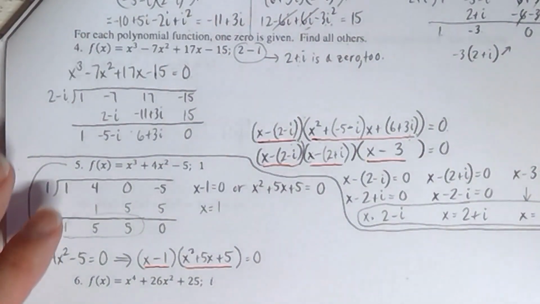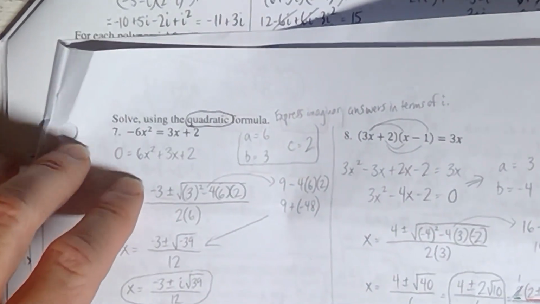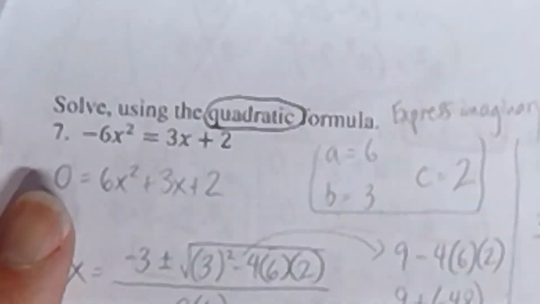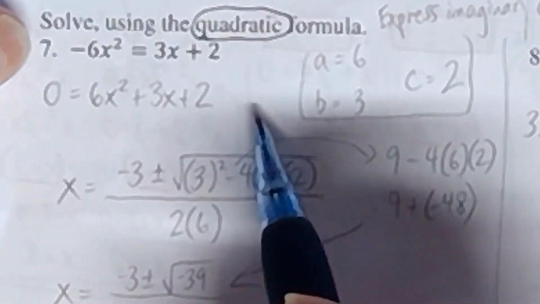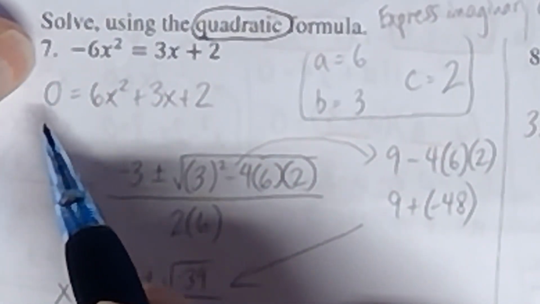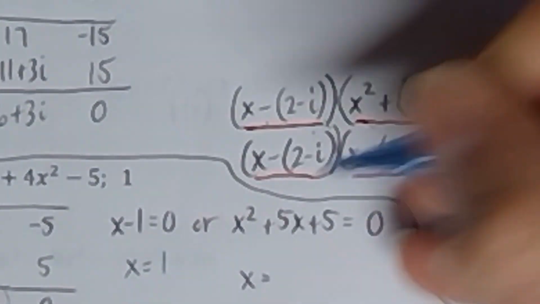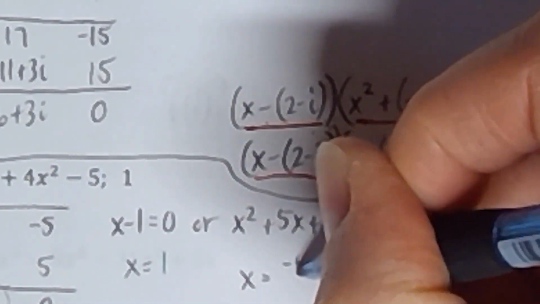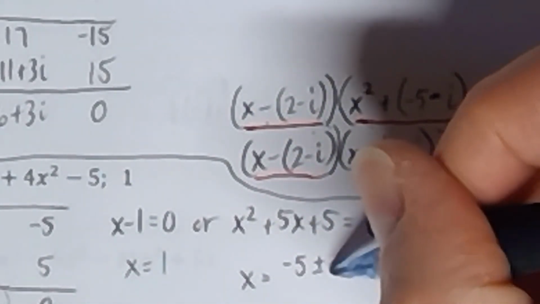So as we learned in that same section, there's an alternate method that we could use when it's in that type of form, and that is the quadratic formula. There are other methods we learned as well, but that's usually what you fall back on when you've got the x squared and the x and the constant with the 0 on the other side. What would that be here if we did the quadratic formula? We would get, and that's back in 1.4 if you want to look at the formula again, negative 5 plus or minus the square root of